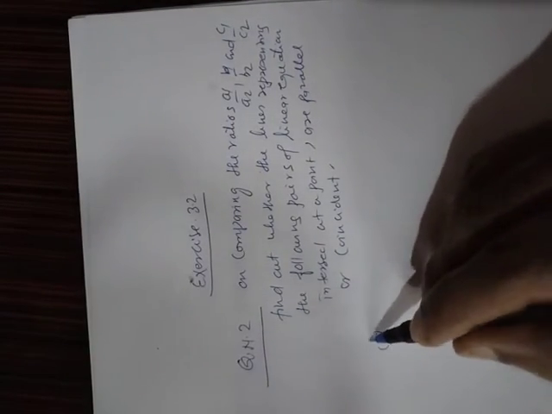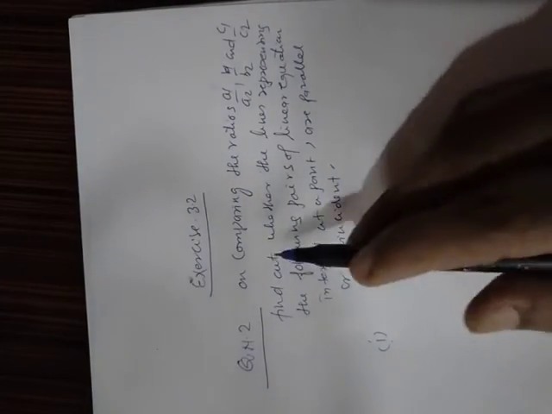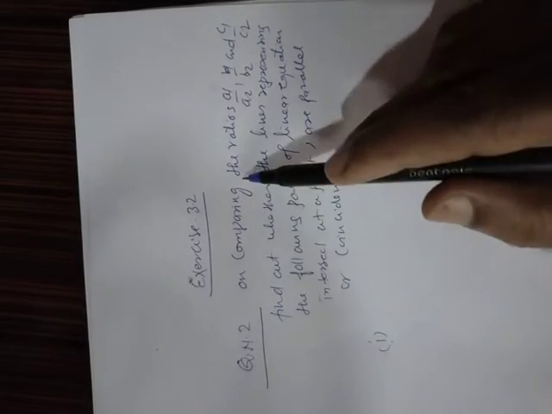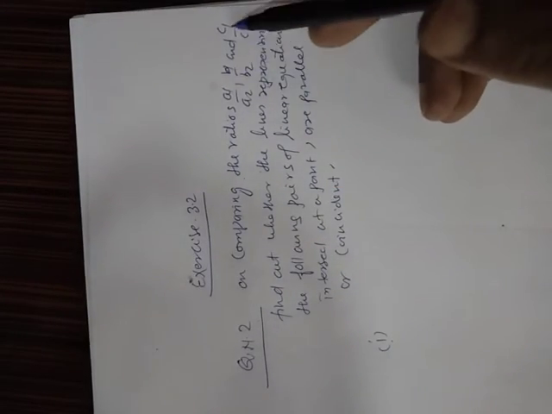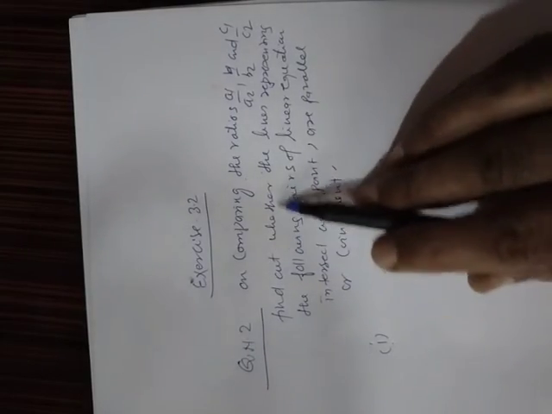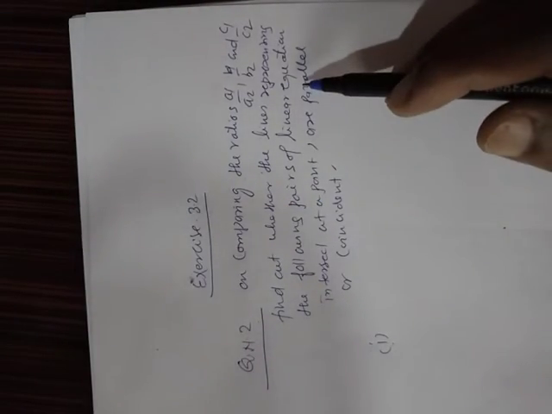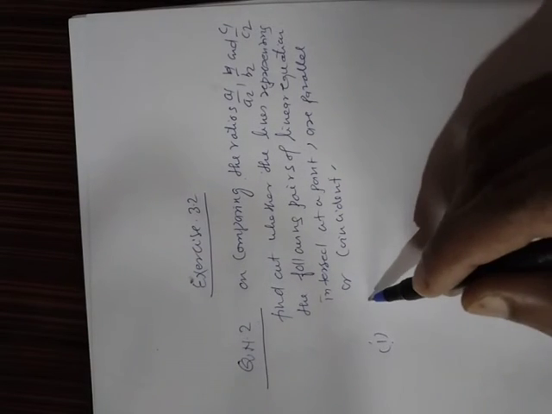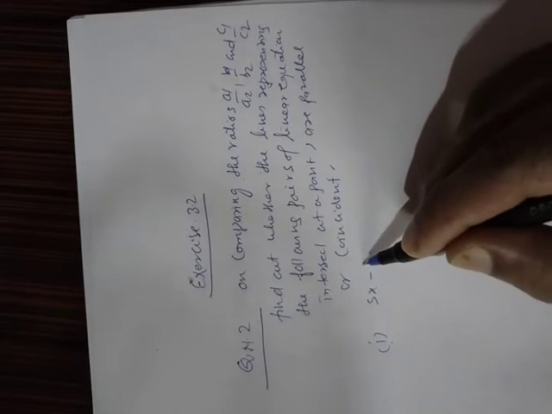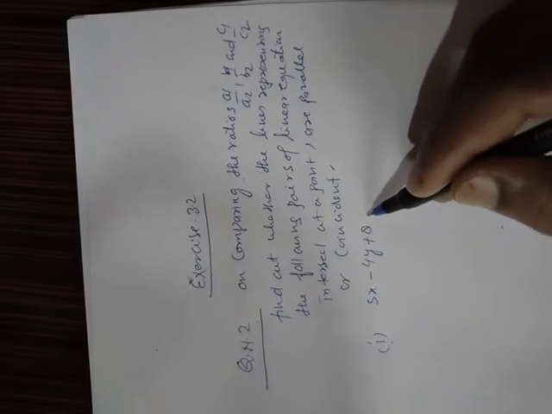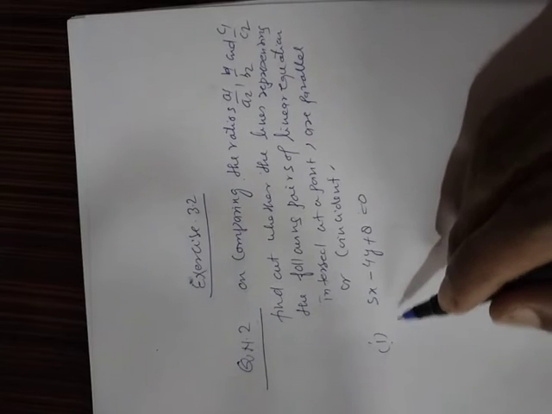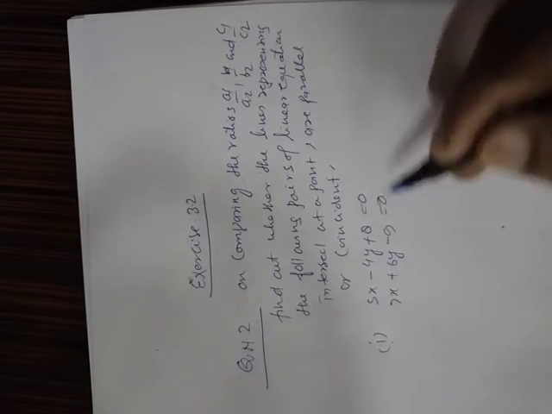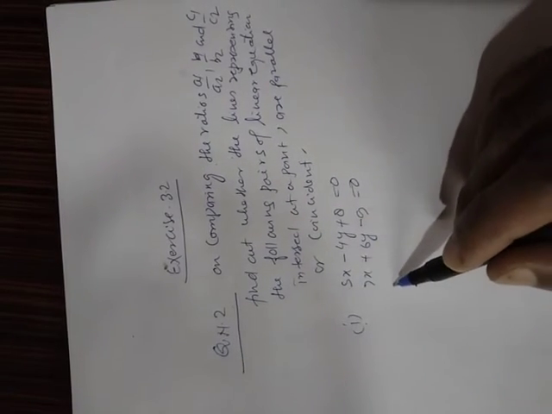Question number 2, first part. Once again, read the given question. You have to compare the ratios A1 upon A2, B1 upon B2, C1 upon C2, and find out whether the lines representing the pair of linear equations intersect at a point, are parallel or coincident. First: 5x minus 4y plus 8 equal to 0 and 7x plus 6y minus 9 is equal to 0. Student, on comparing